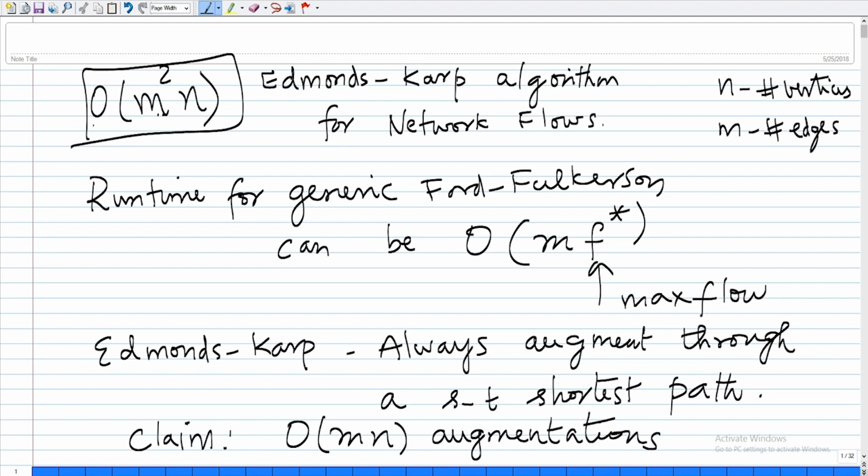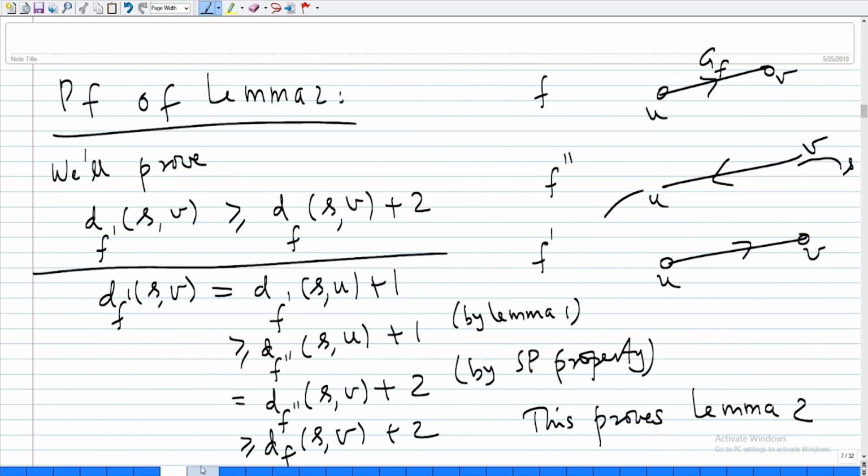If you know, Carmen's book itself has an improvement to this, to mn square, for example, and so on and so forth. This is a very well studied problem, and because of its applications there have been a lot of improved algorithms, but for our purpose, at least we have seen one algorithm which runs in polynomial time. Okay, so I think we'll end network flows with that. We have seen some polynomial algorithms, we have seen a lot of applications,